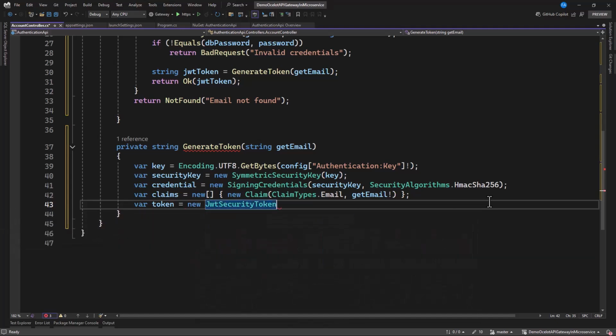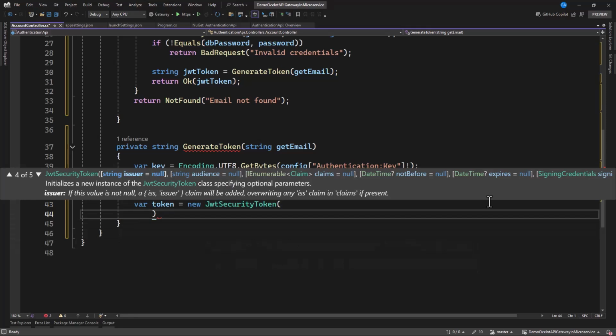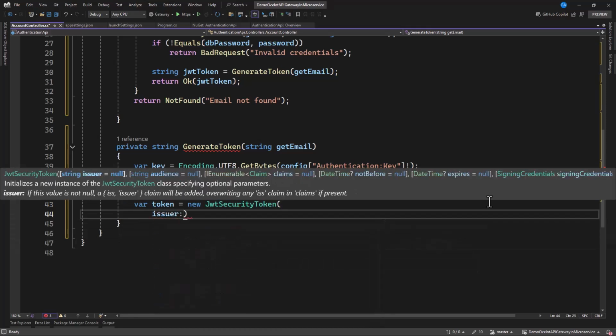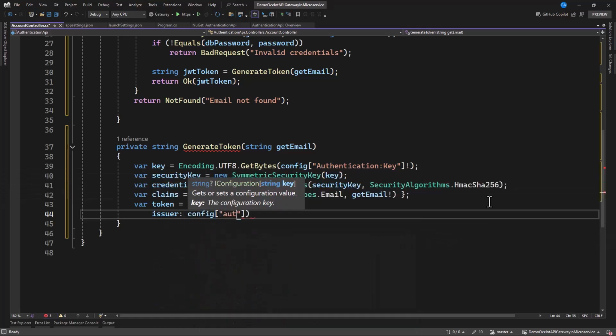security token, and now in that let's specify issuer. Here it is config, then we can have authentication.issuer.